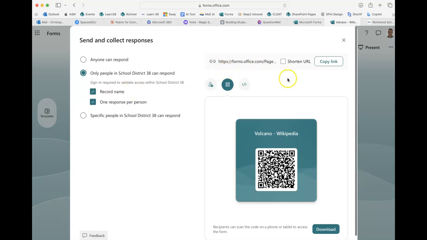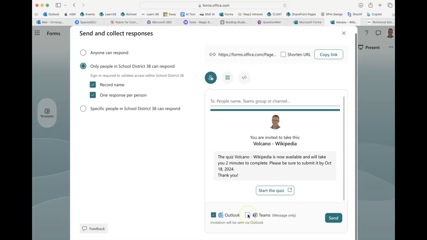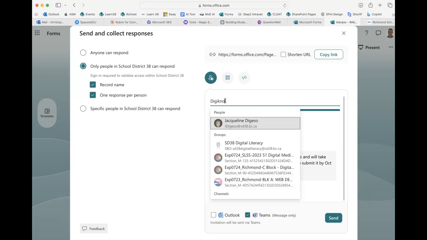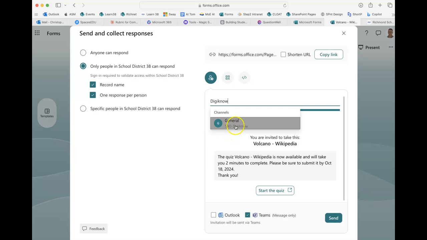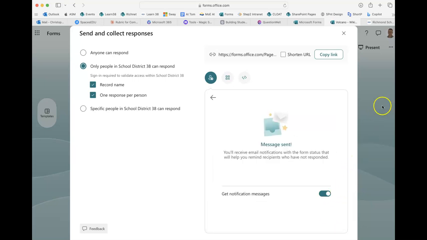And back up to the top here, you could actually go down and send it to a team. So if you had a class team, you could send it there. I have a team that's called DigiKnow, and I'm going to just send it to the general channel of DigiKnow and send it there. When I go to that team,